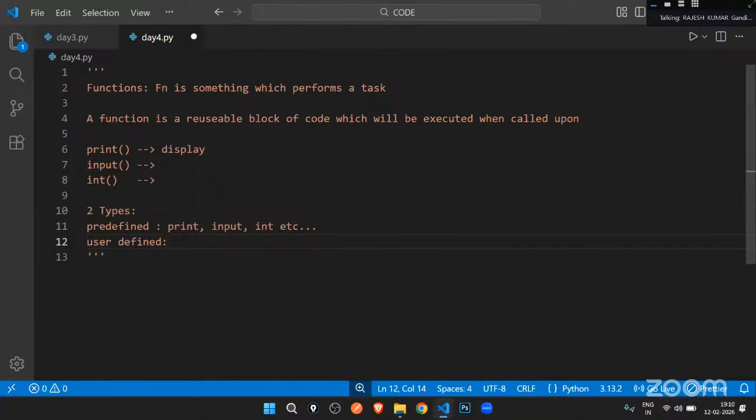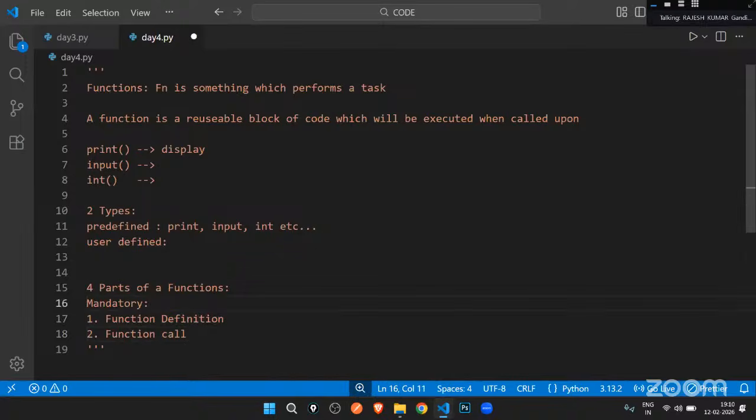Let's write our own function. Before we get started, there are four parts of a function. We have two mandatory parts and two optional parts. The first part is the function definition. The second part is the function call. These two are mandatory.